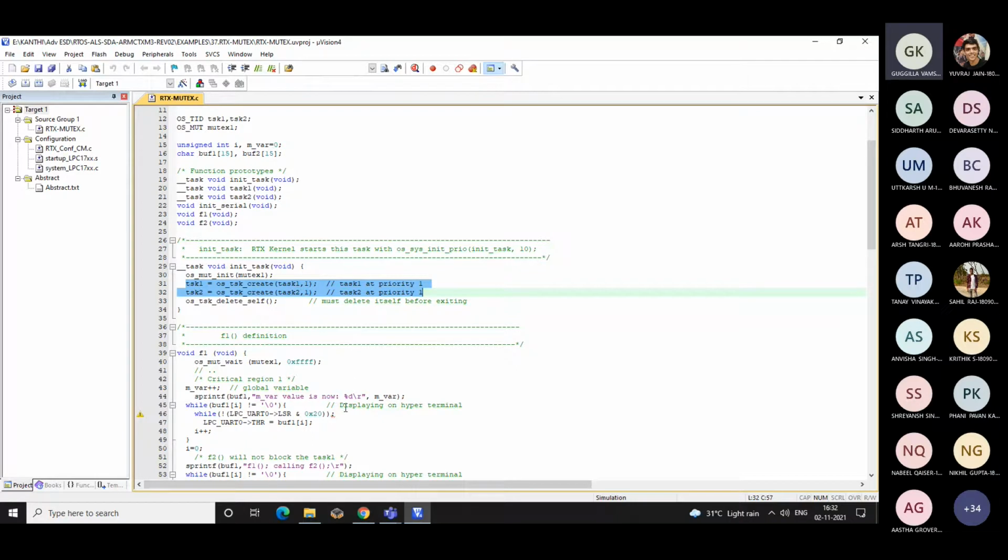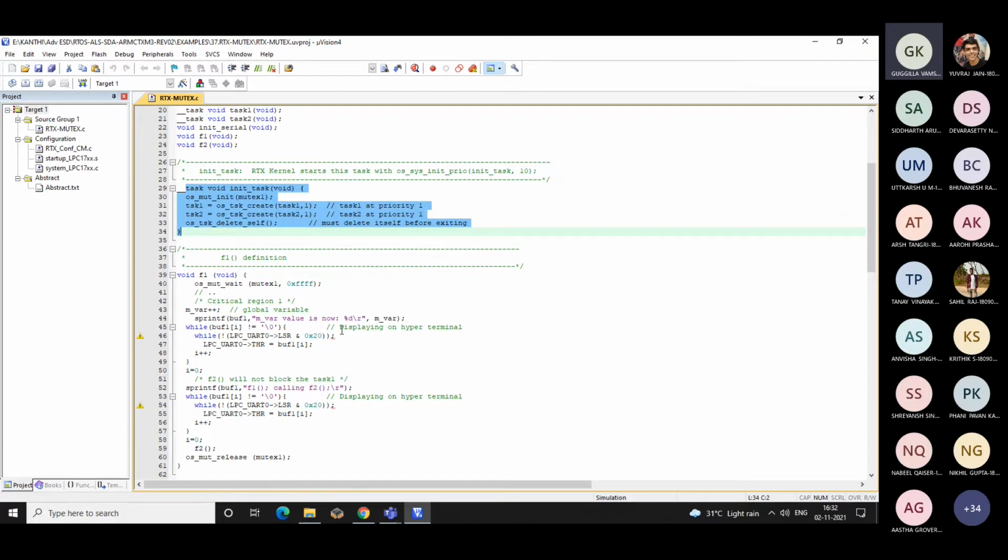Anyway, it is a user point of view, how you write the code, that makes sense. But ultimately, you need to understand how you use the mutex object to share the resource. That should be our main objective. So this is the initialization function, and once you do so, you delete it.